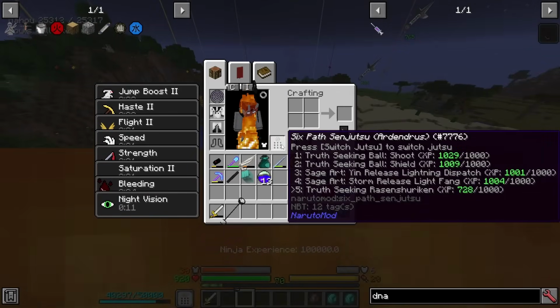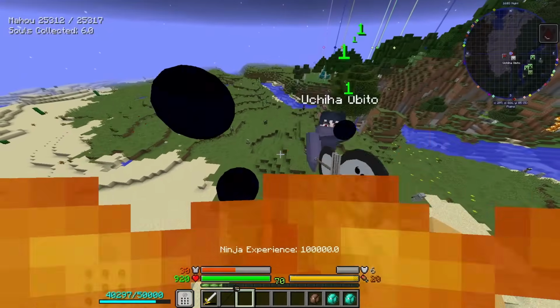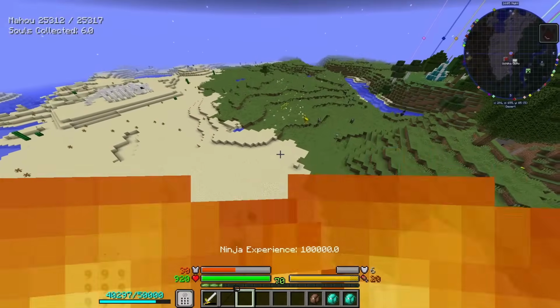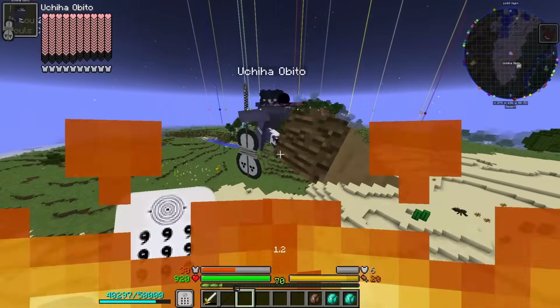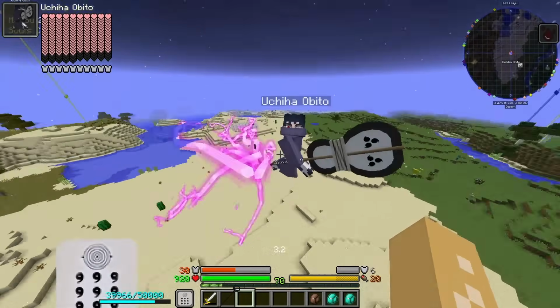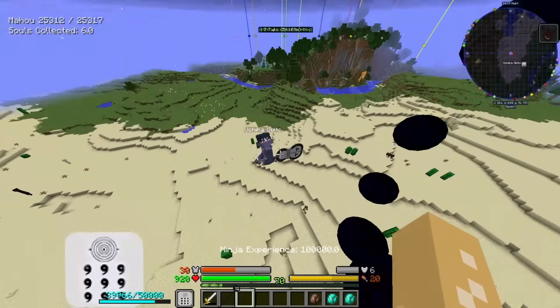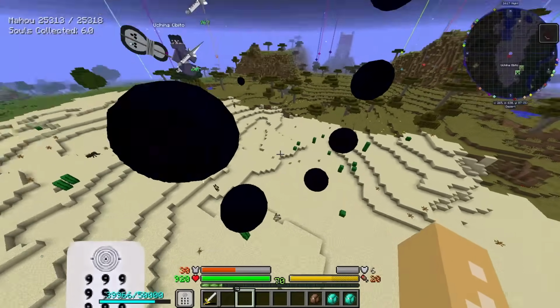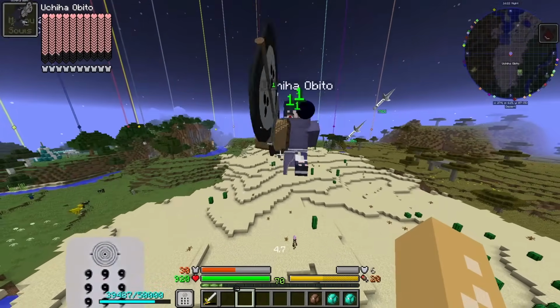Anyways, I have a couple more training points on that. It's rude, I say a couple more. It's almost a full 100 actually. Anyways, let's try out Lightning Dispatch, shall we? How good is this? Oh yeah, just like when Otsutsuki does it, it's a lot of very rapid, very weak hits, but it does...